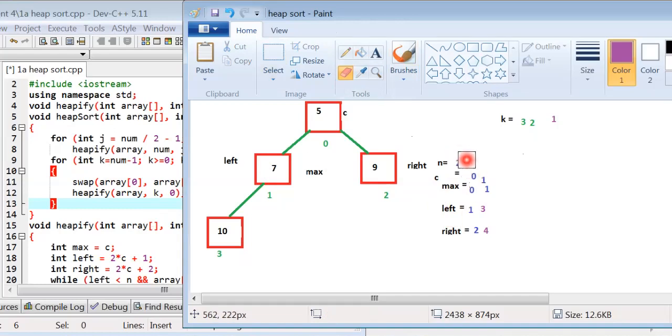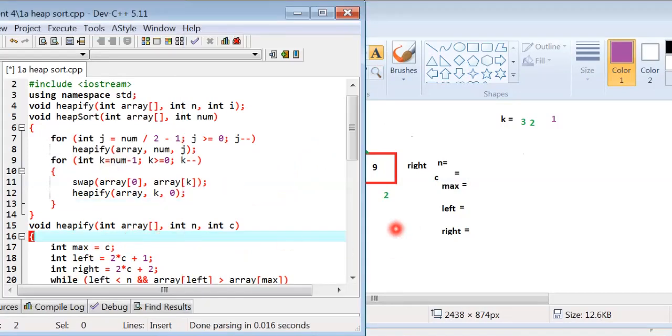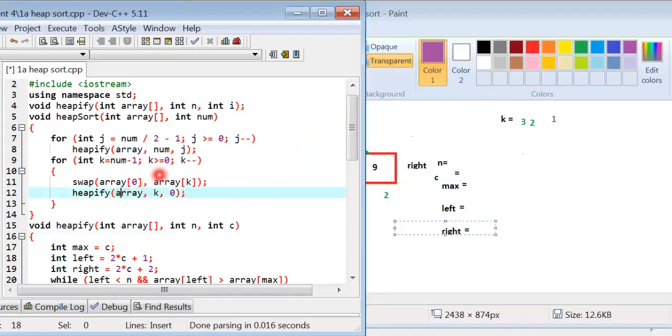We remove all this. This is the array, and the value of k is 1. The value of n is 1.